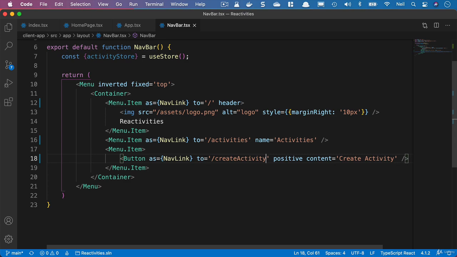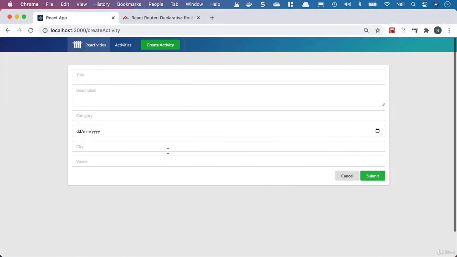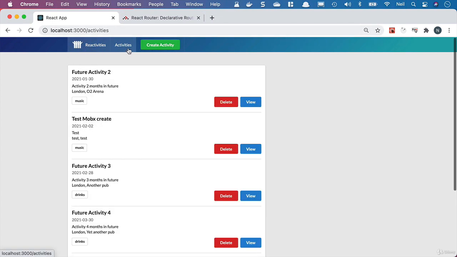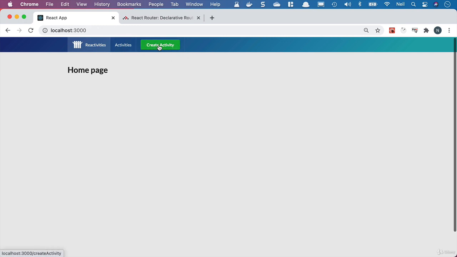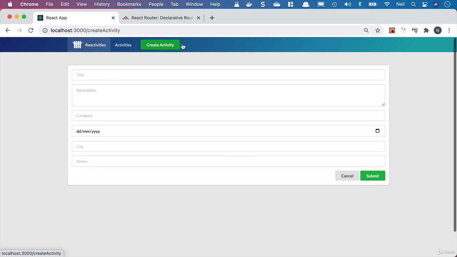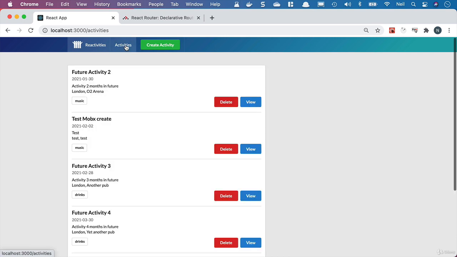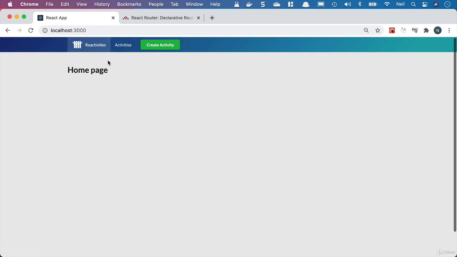As simple as that. And if we go and take a look at our page again, we can see that the Reactivities is highlighted as being selected. If we click on activities, we see that this is also selected, and if we click on create activity, it's kind of hard to see, but the button is technically selected. If you click away, you can see a slightly different shading on the button there, but we do have two things highlighted at the same time,